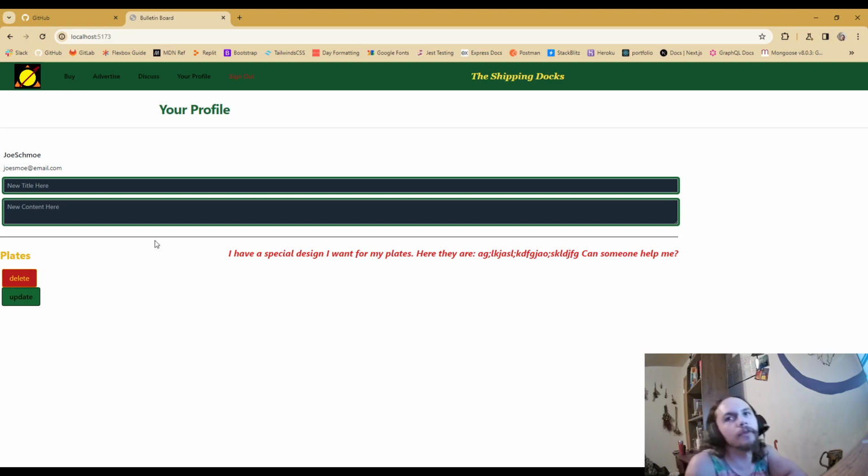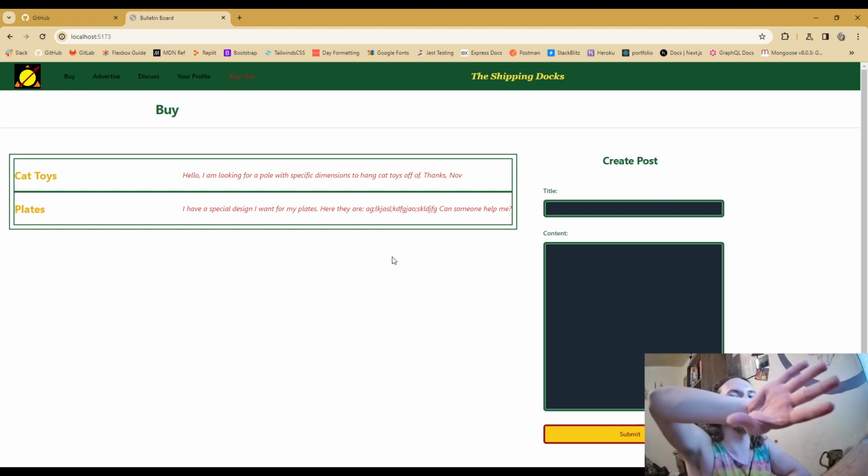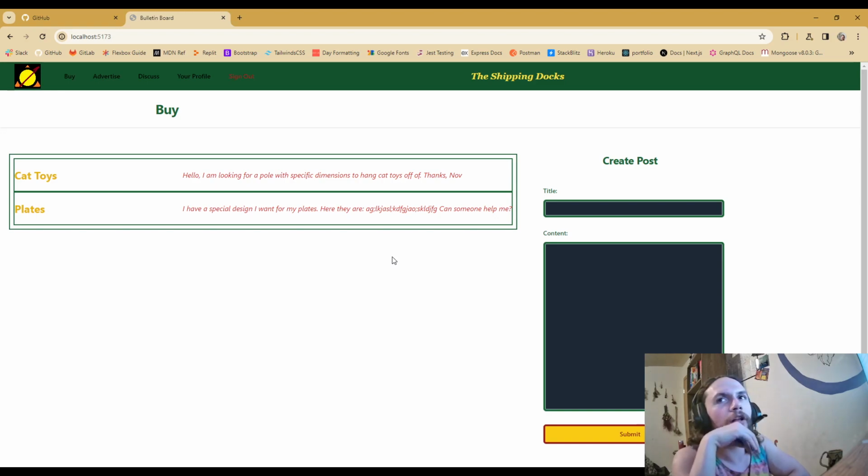I think perhaps I could have organized this a little bit better, where maybe you can click update and then it pops up here, and then you could alter it. And this is how I have it set up right now. I was getting a little anxious to finish it, I'm not going to lie. So we'll go back to buy first. We'll see we have a new piece of data. Another way that I could probably improve this is if I go into the CSS and have it flip the order, because then it'll be in chronological order from the newest rather than the oldest. You know, just little things like that.